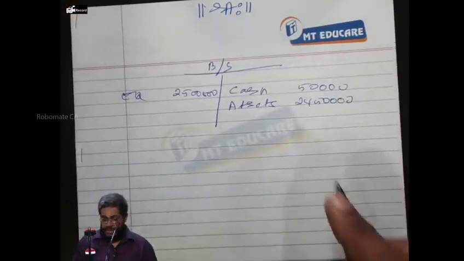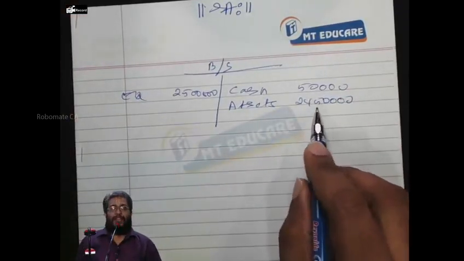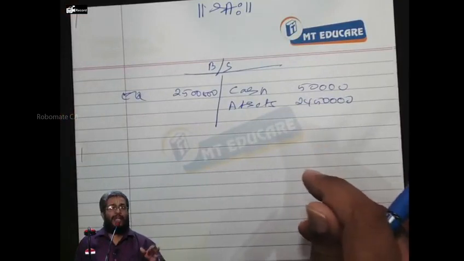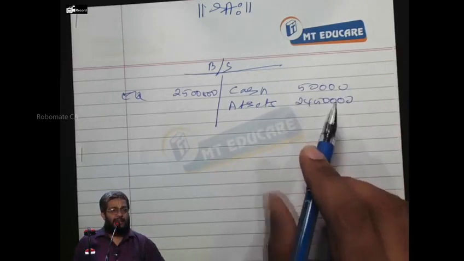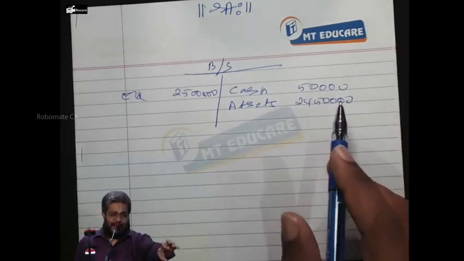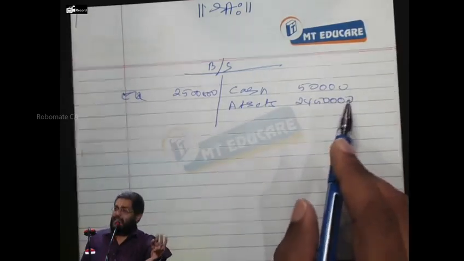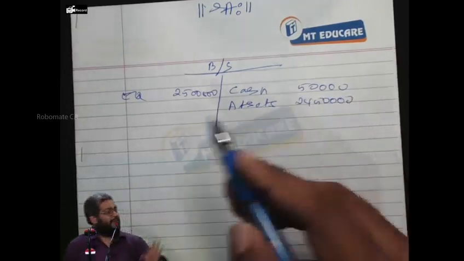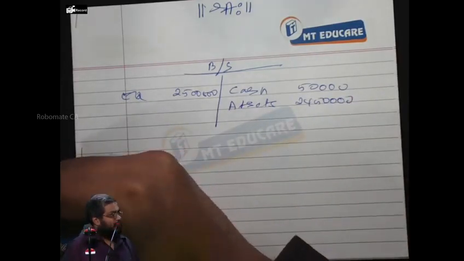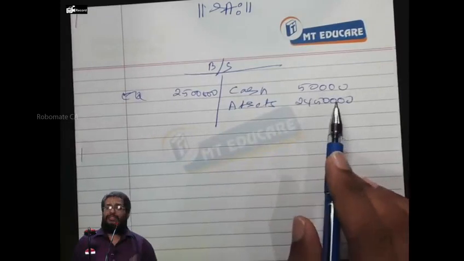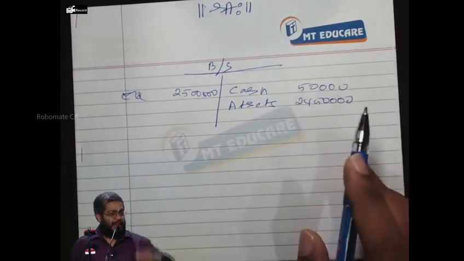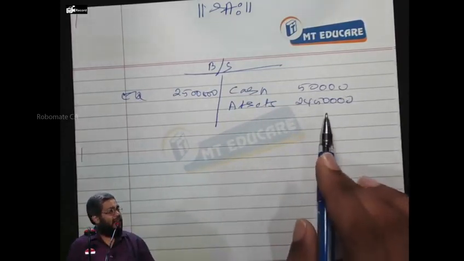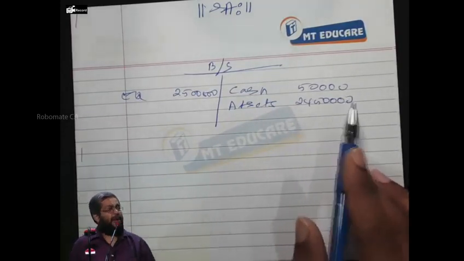No. This 24 lakh 50,000 is not the total of all the fixed assets' book value. All the assets are going to generate some profit or not? The present value of the future profit is 24 lakh 50,000. In other words, we had 3 rupees EPS, 3 lakh rupees profit, or not. The present value of the infinite years' 3 lakh profit is going to be the value of this 24 lakh 50,000. Okay?